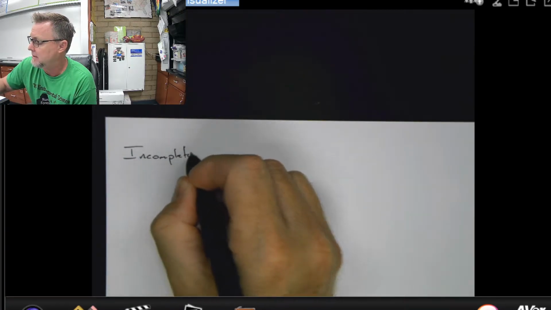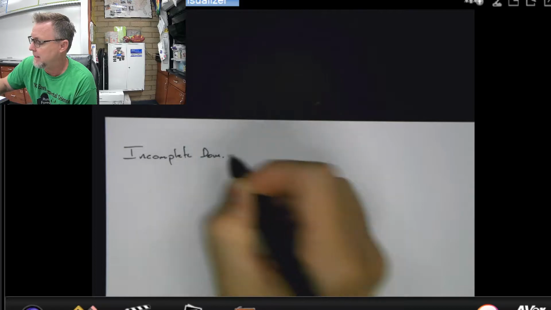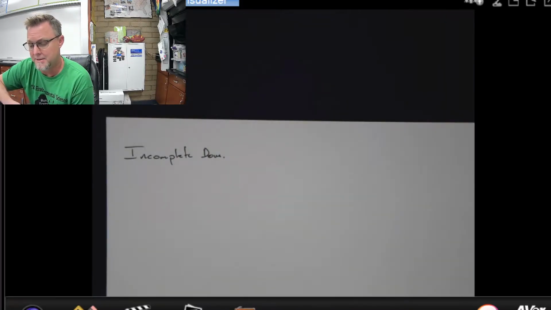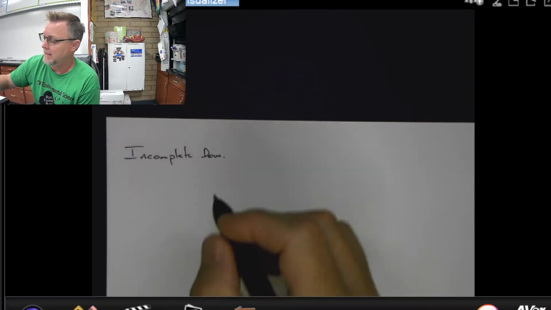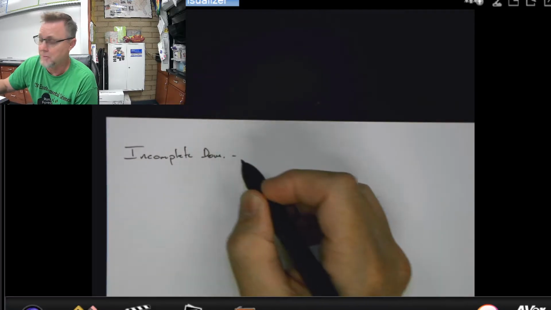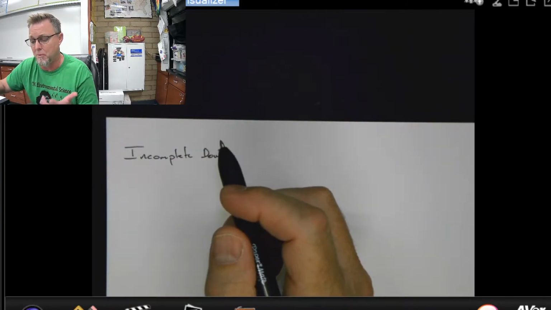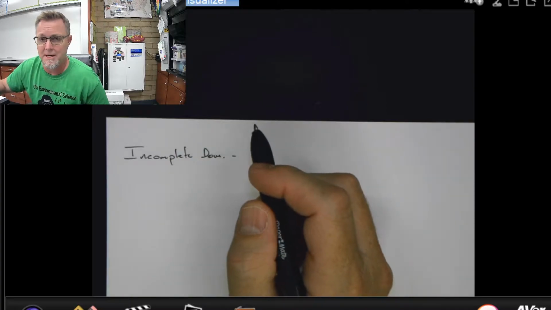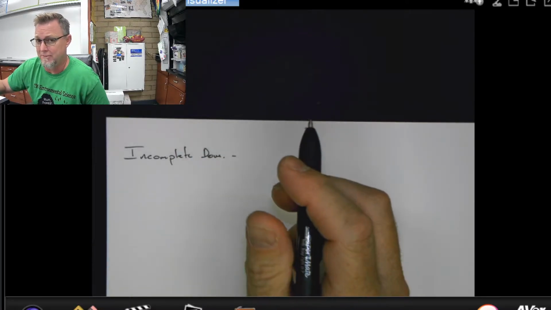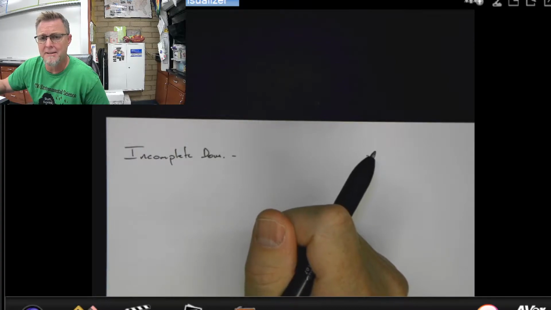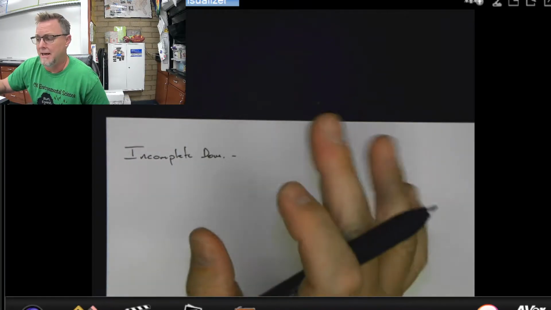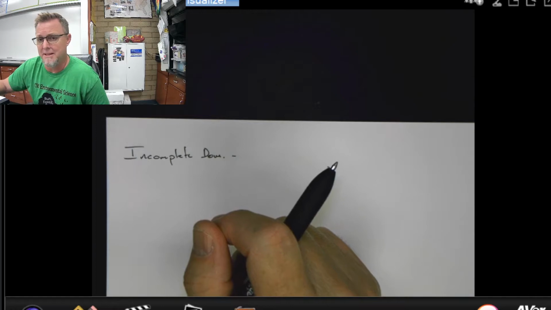Incomplete dominance. In incomplete dominance, just like codominance, you have a situation where you get a third phenotype in your offspring that you may not necessarily have expected. In incomplete dominance, the reason you get that third phenotype is because you can inherit one working gene from one parent and one gene that's not working very well from the other. So rather than get true distinct separate phenotypes, you get something that in the end kind of looks like